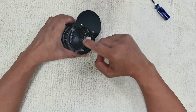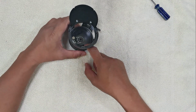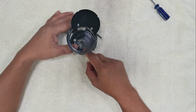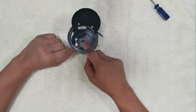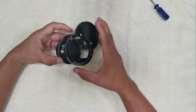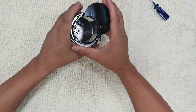Now, if you want to add more magnets, you could add 6 more, or actually 5 more, because you have 1 magnet here, and then you can add 5 more. So technically, you can put up to 8 magnets on this thing, but you know, the 3 that they come with is more than enough. All right, now